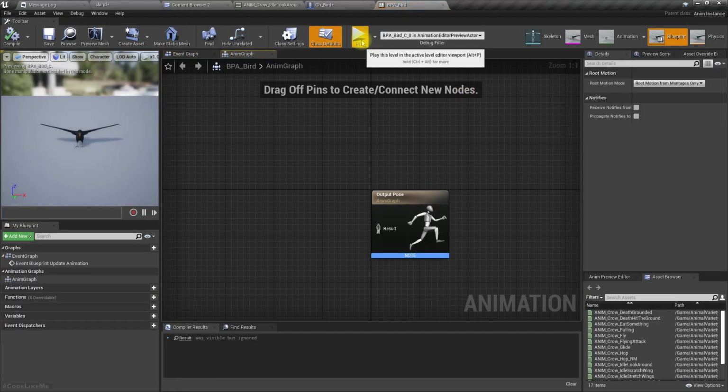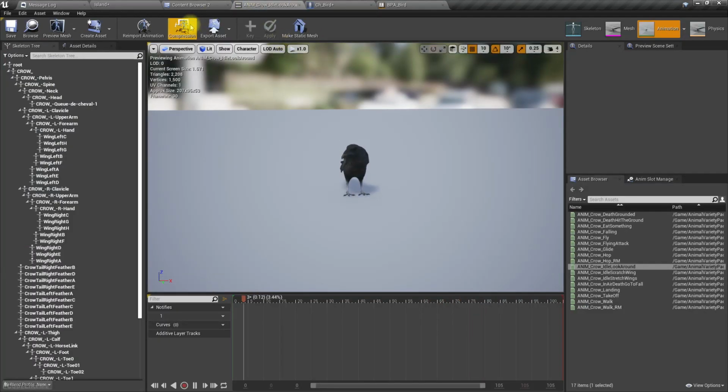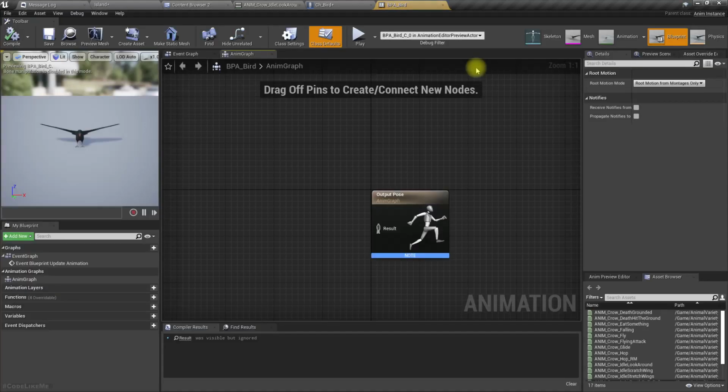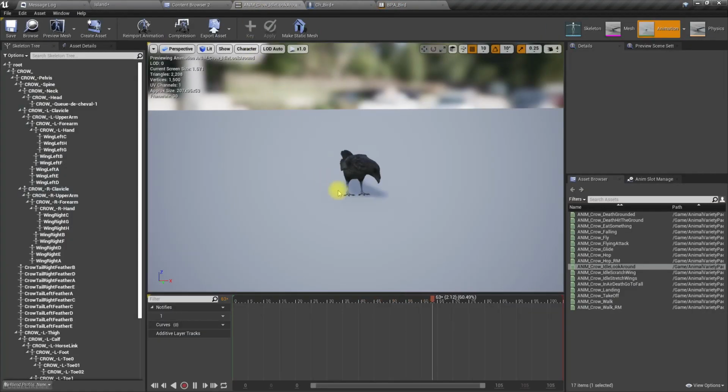Let's create another blend space. So I'm gonna have two blend spaces, one for flying and one for on ground.